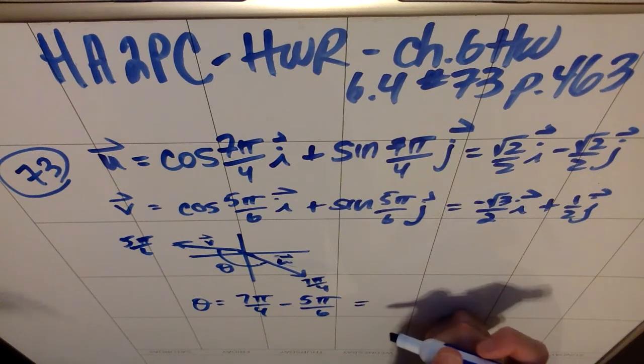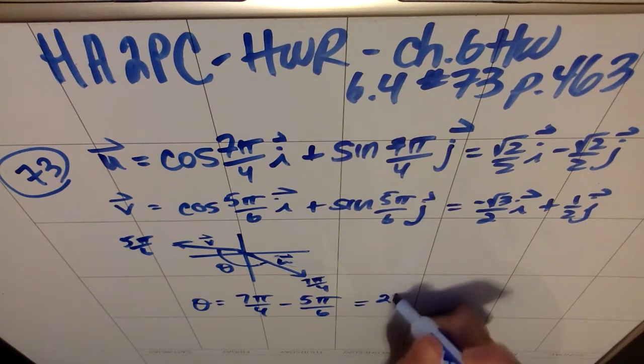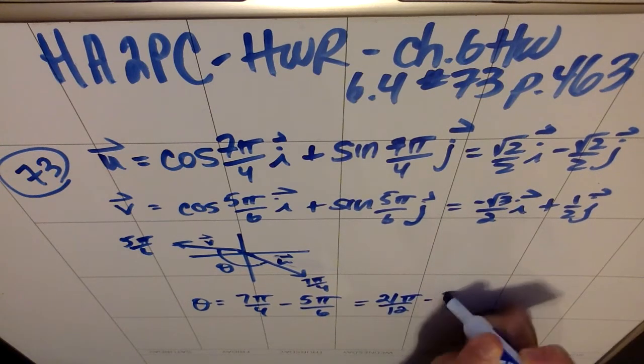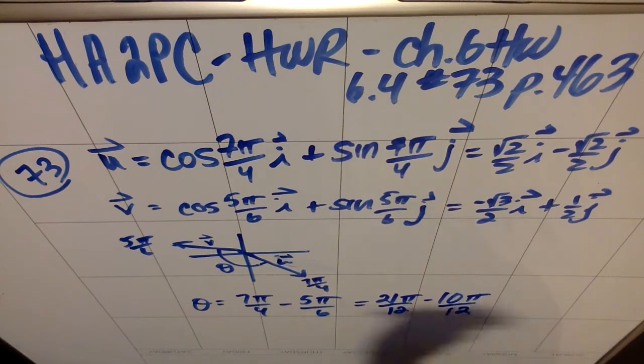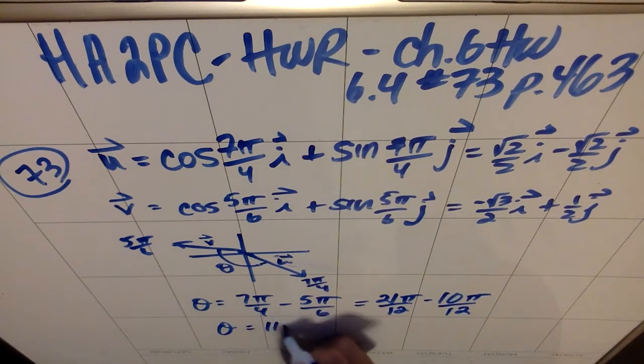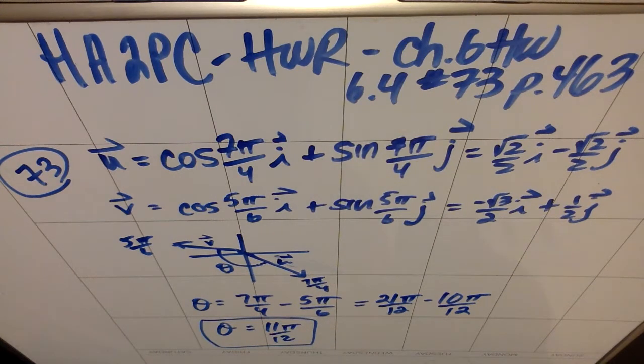If I get a common denominator of 12, which is the easiest one to get here, I get 21 pi over 12 minus 10 pi over 12, and I get that the angle between these two vectors is 11 pi over 12, and that's by far the easiest way to do this question. There are other ways to do this question. The other way is to look at the formula given in 6.4 on page 441, I believe, but if you do that, it's going to make your life an awful lot harder. So, again, if you want to find the angle between these two vectors, this is by far the easiest way to do it,